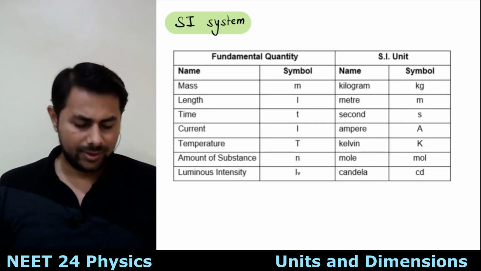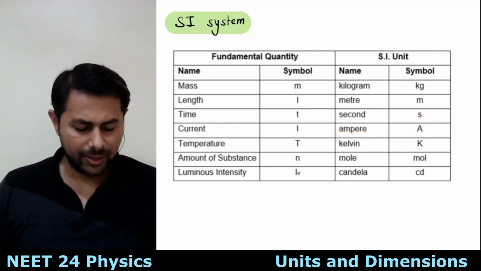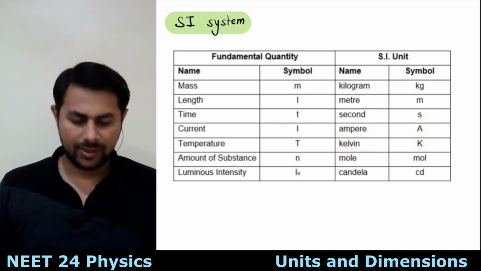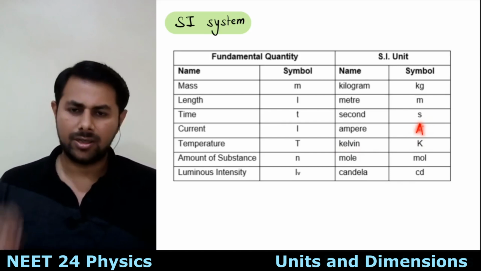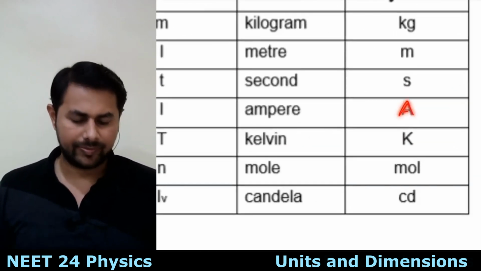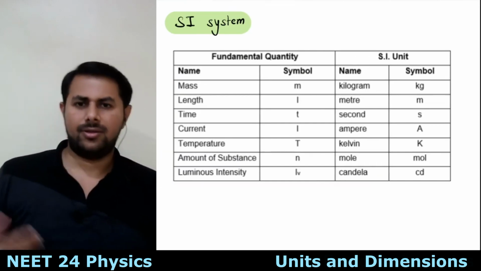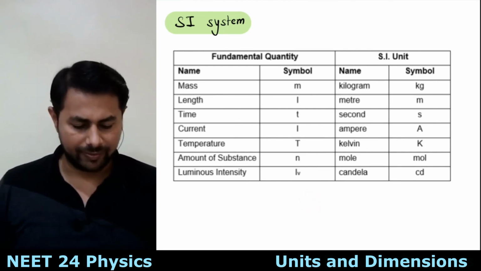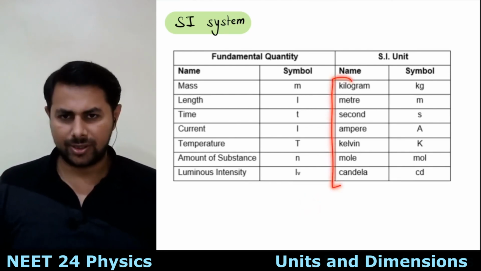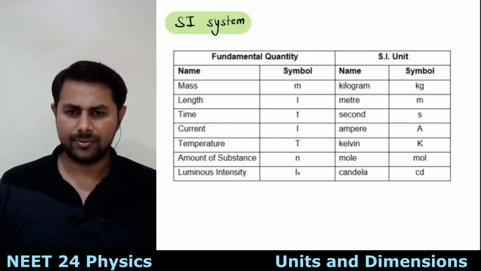Okay, so the difference is this: ampere is the name of a scientist. Kelvin is also the name of a scientist. So if a unit is given after somebody's name, then its symbol is written in capital form, because we write names starting with capital letters, right? That's why. And the full name of a unit is always written in lowercase letters only. Okay, this is clear. This is just a rule.